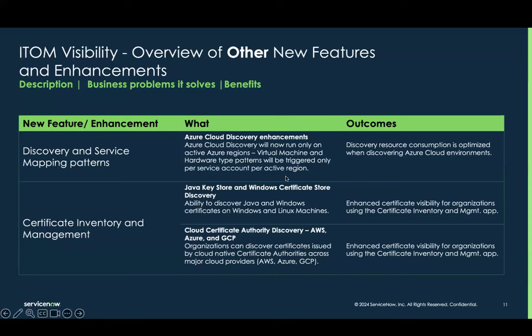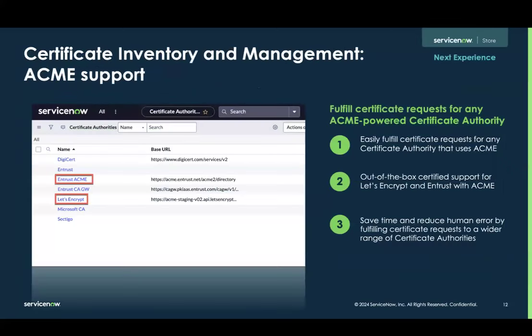That means that specifically the virtual machine and hardware type patterns are going to only be triggered for the service accounts for the active regions. That means that it's a huge improvement, and the discovery of your Azure cloud environments is going to be tremendously enhanced. But now let's get into the main new feature of this Q2 release for ITOM visibility,